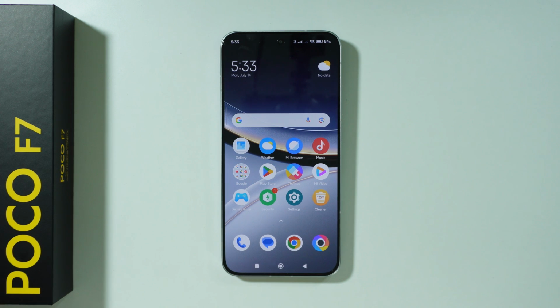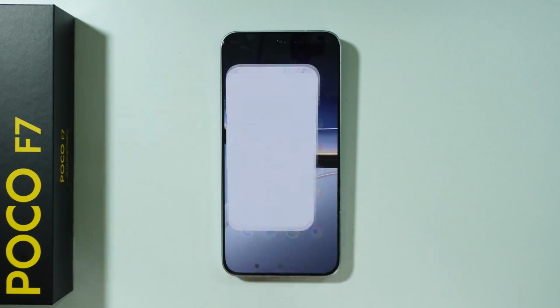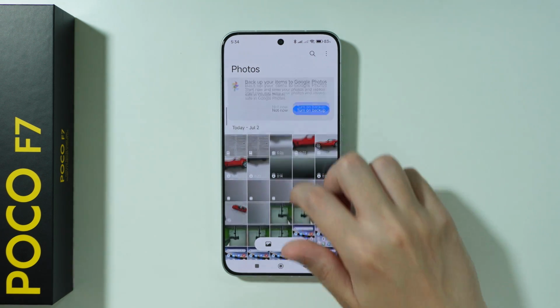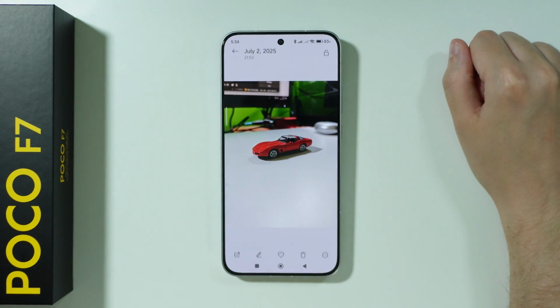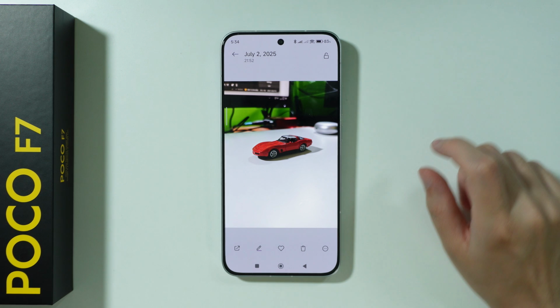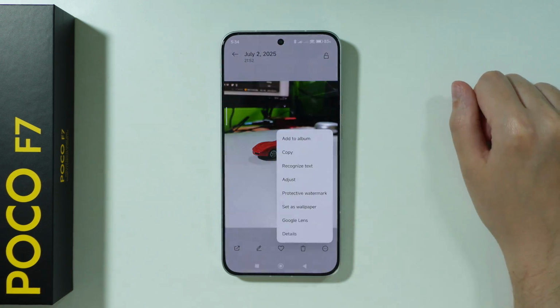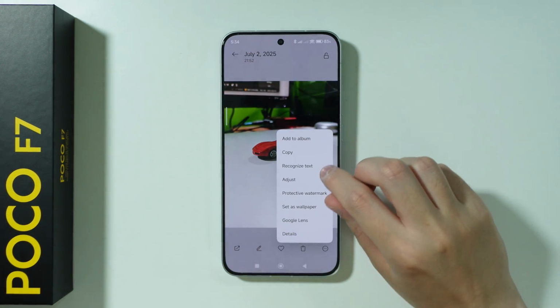If you want to set a photo as a wallpaper on POCO F7, all you have to do is first of all open the gallery. Next, we're gonna open the photo that we wish to set as a wallpaper. Tap on these three dots that we have in the bottom right corner, and then you should be able to